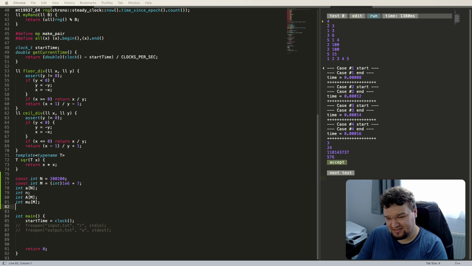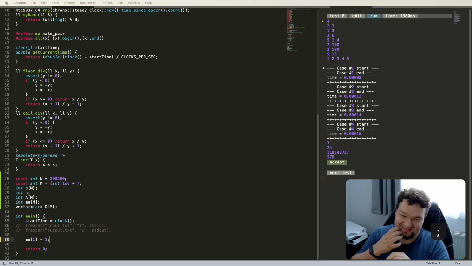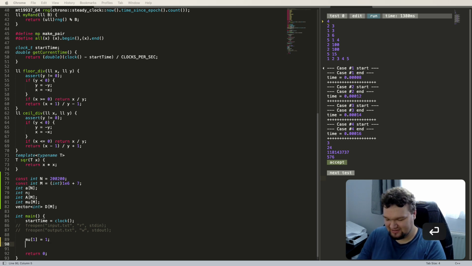Yeah, it's easier to just store all the divisors for all the numbers. I only need divisors that are square free, which should make their number small enough for this to be fast. Okay, so how do we calculate mu? Well, actually, the simplest way that I know is another inclusion exclusion. I will not explain it right now.